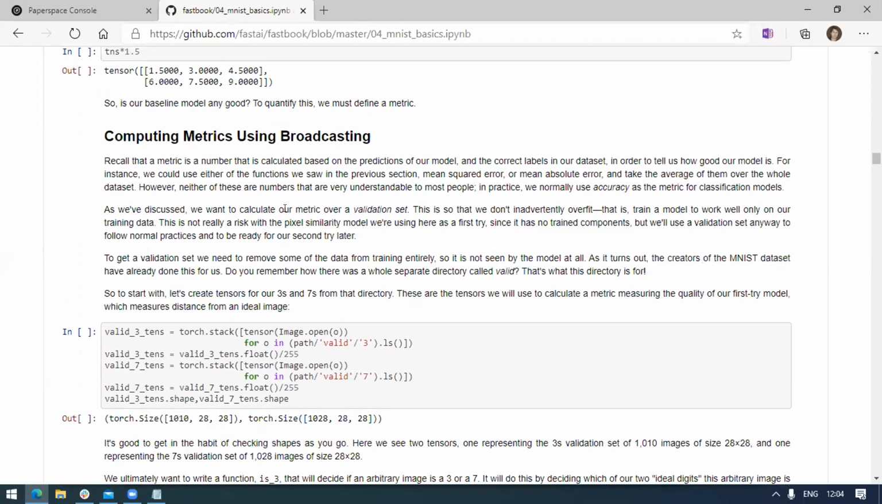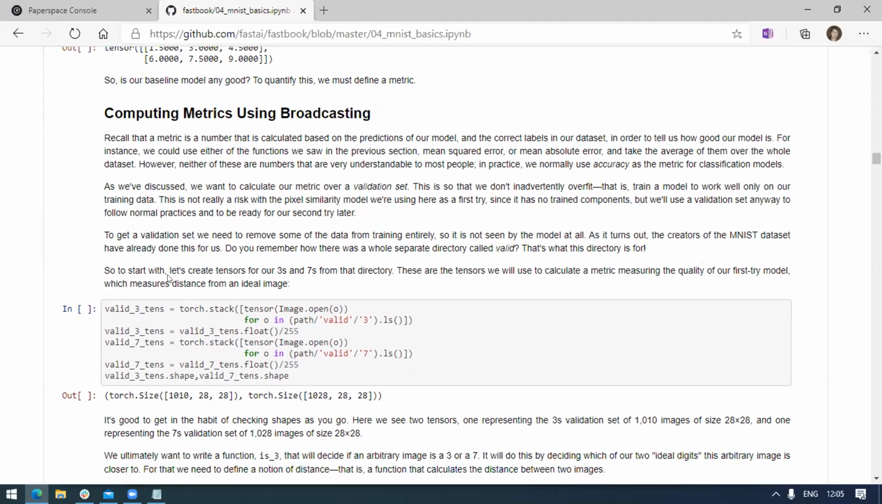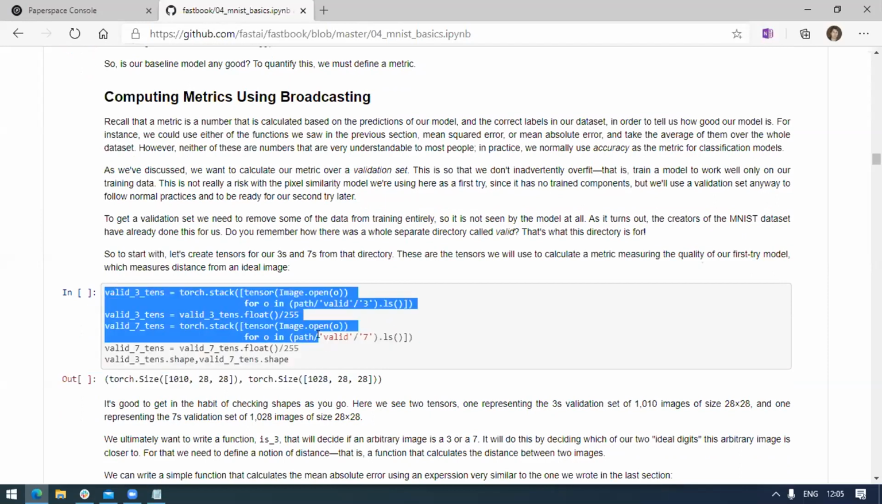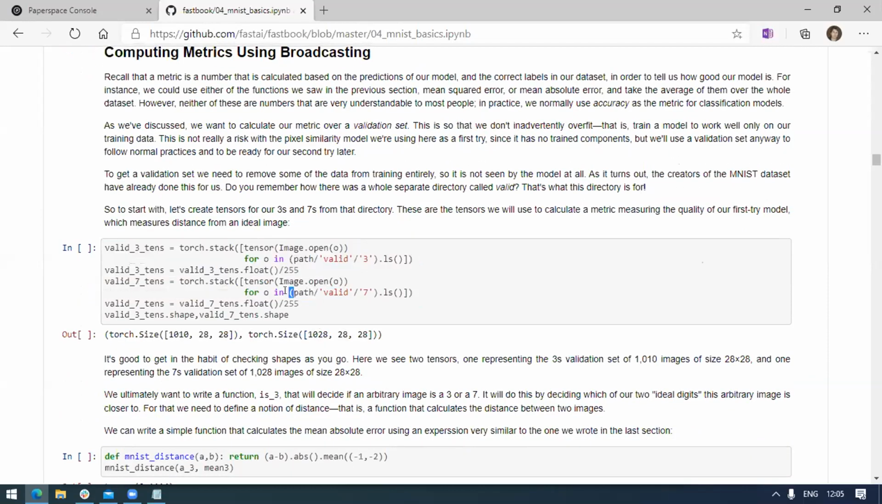And now comes a very interesting topic of broadcasting. So let's go through it and then we'll see it. Here what we do is basically valid 3 and 7 tensors. This is what we have done for the training set, and we just did it for the valid set. For each of the images in